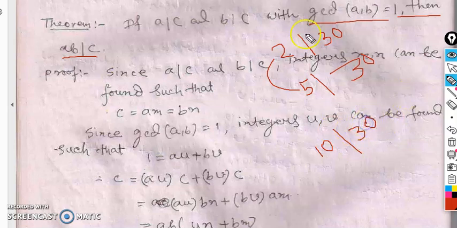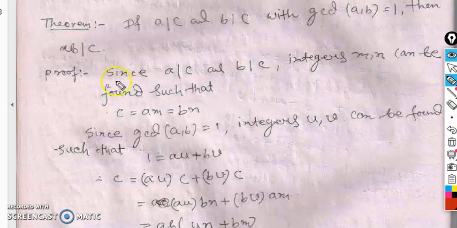You should not always consider this conclusion without using this condition. If you use this condition, then the conclusion must happen. If you do not use this condition, it may happen, it may not happen. That completely depends upon the different problem. Now we move to the proof section of this theorem.